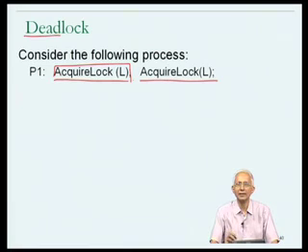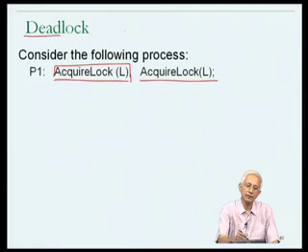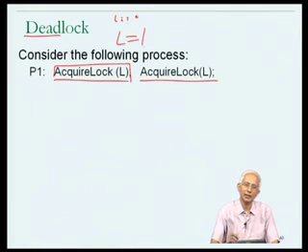Let's suppose that the lock is currently available. Then the net effect of acquire lock, if it is implemented using, let's say, test and set of L, is that the process is going to test and set L so that the old value of L, which would have been 0, will get changed to 1. And the process will then proceed to its next statement, which is acquiring lock L again. And we know that since the lock L is currently held, in fact by process P1, the second call to acquire lock is just going to keep on